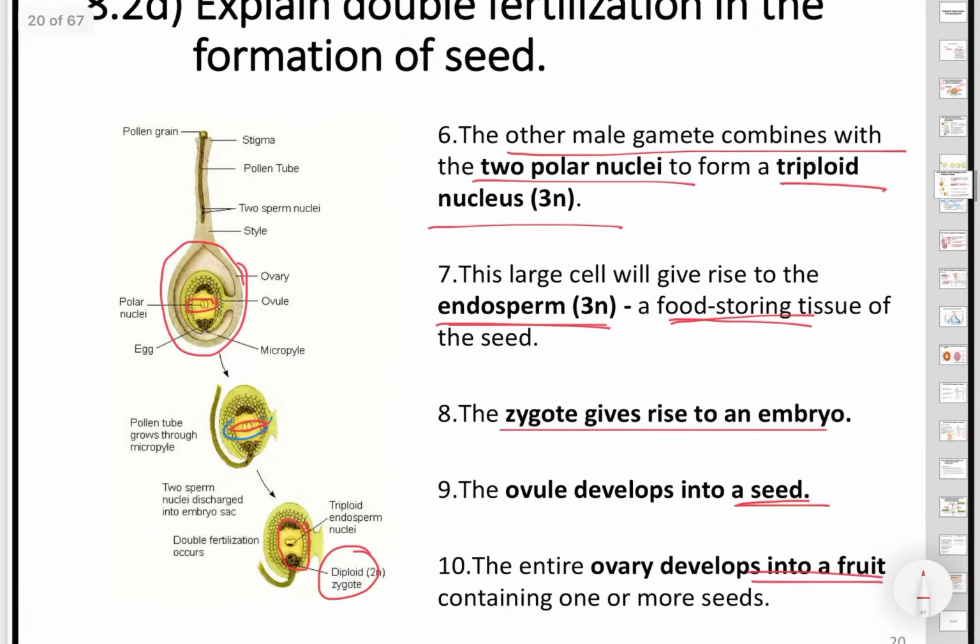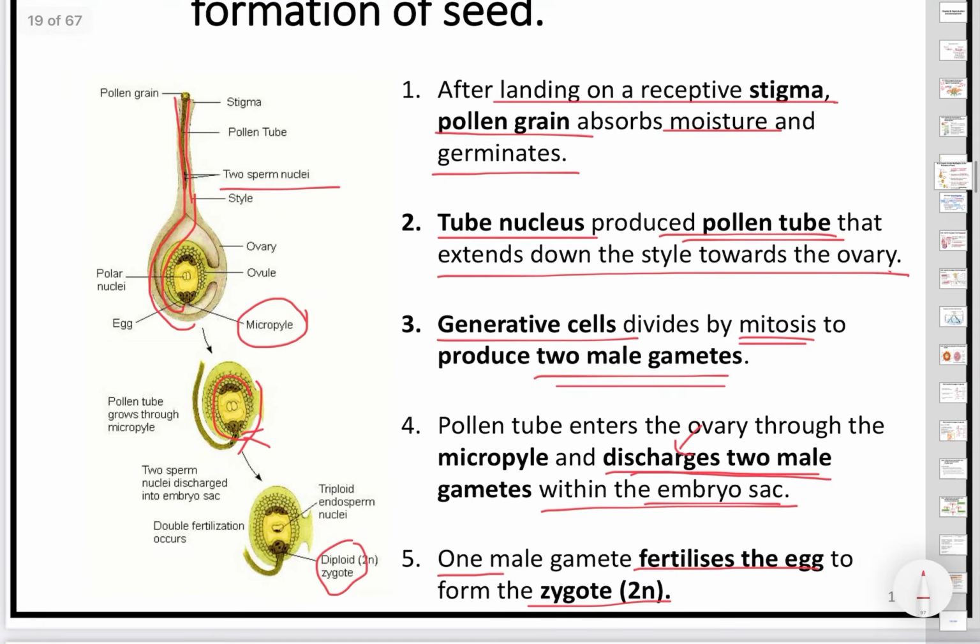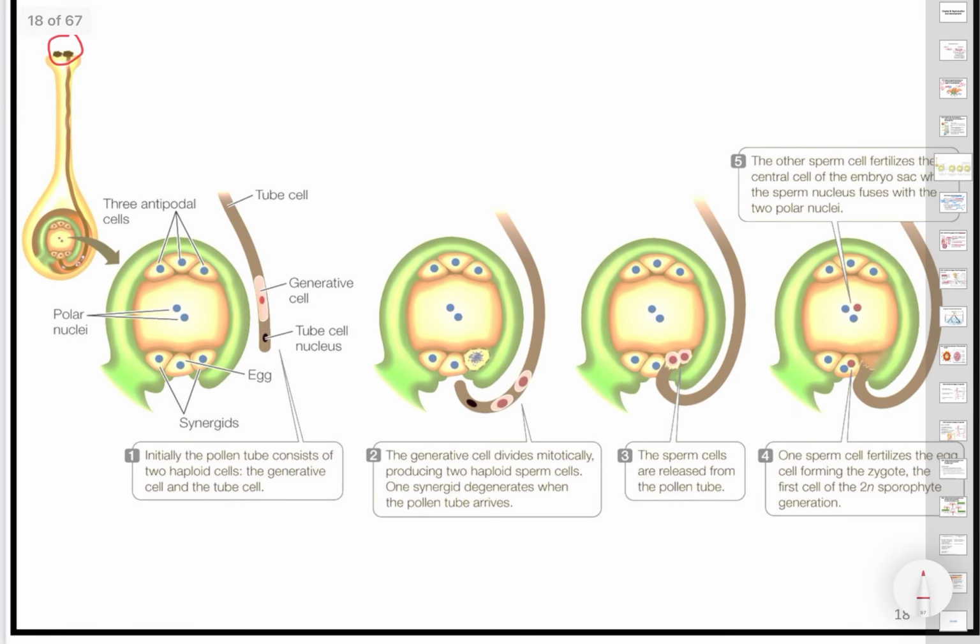So now saya akan ringkaskan proses ini based on this diagram. Okay, after the pollen grain landed on the stigma, the tube nucleus will produce the pollen tube. So the generative cell will divide by mitosis to produce two male gametes. And the pollen tube will extend down towards the style into reaching the micropyle. When the pollen tube reach the micropyle,